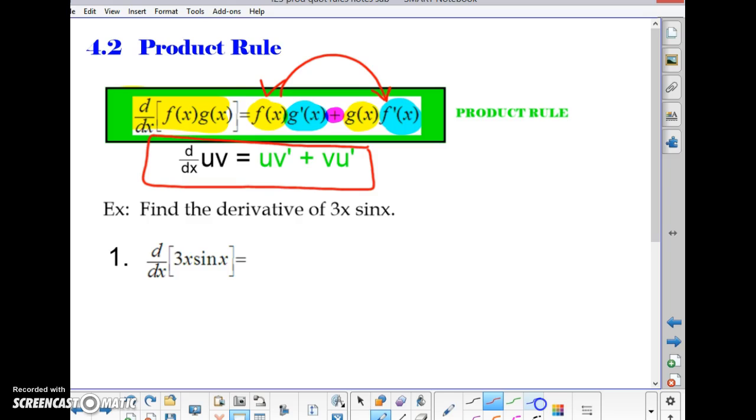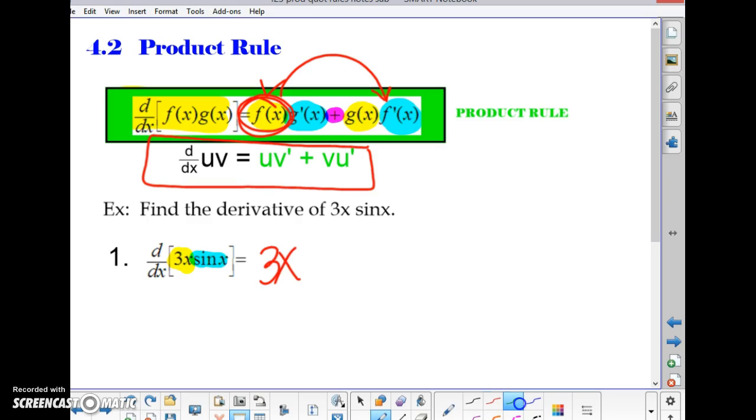Let's look at this example of a product. And there's actually three things being multiplied together here, but I'm going to approach it as two things. I'm going to approach it as the 3 times the x as one idea, and the sine of x as another idea. So that's going to be my f of x and my g of x. And I want the derivative of them. So according to the product rule, if I want to find the derivative, I'm just going to write f of x,